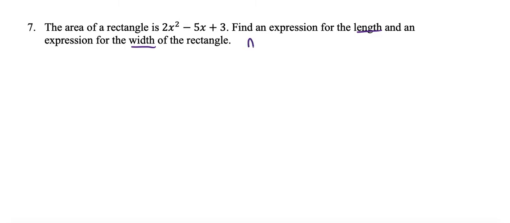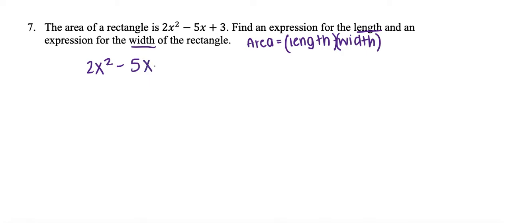And what we know is that the area is equal to length times width. In other words, I can kind of think of that as two parentheses. So I'm told that my area is 2x squared minus 5x plus 3, but I want it to look like this, as two parentheses multiplied. And so the way to get there is what we've been doing all this chapter, and that's going to be by factoring. So my first step, I'm going to do 2 times 3, my a times c, and I get